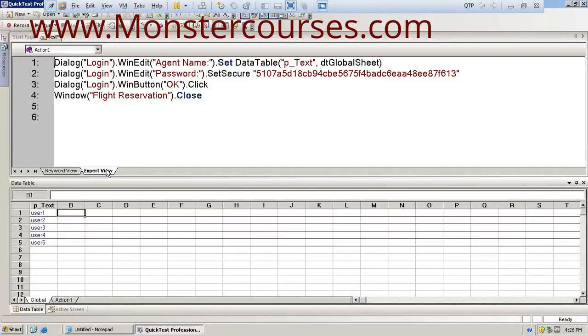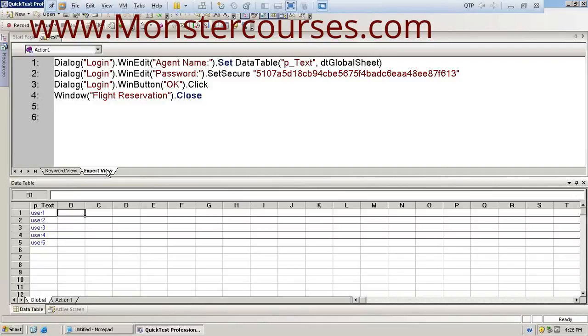There I'll teach the framework called keyword framework, as keyword framework is the important framework in QTP. There are other frameworks like hybrid framework, keyword framework, and data-driven framework.